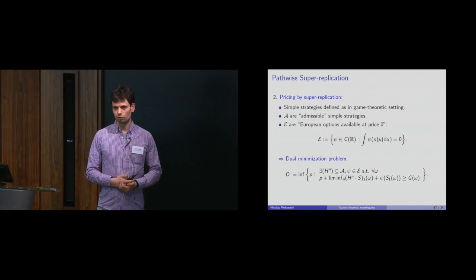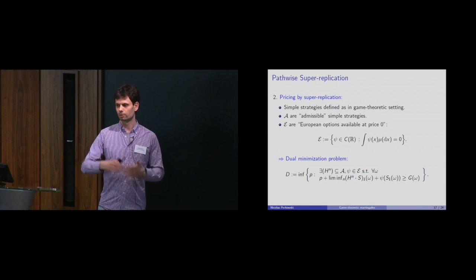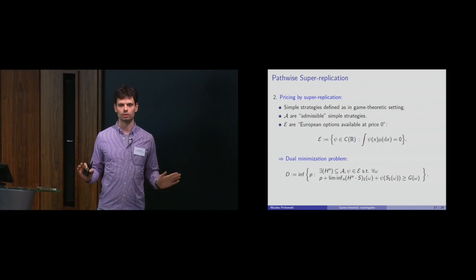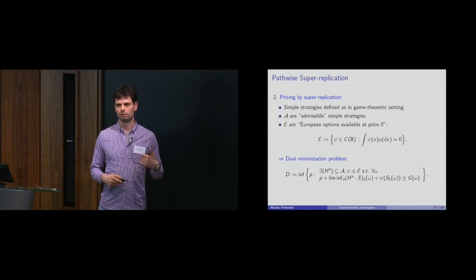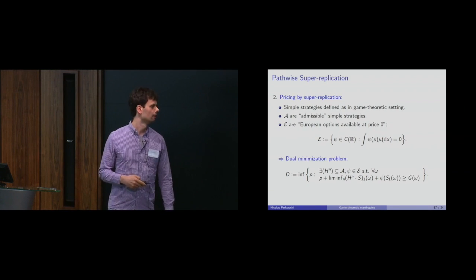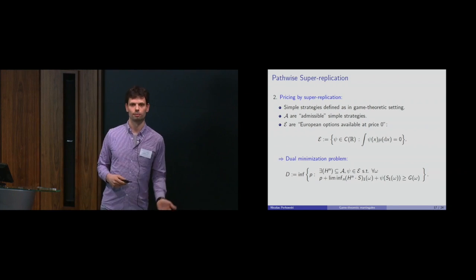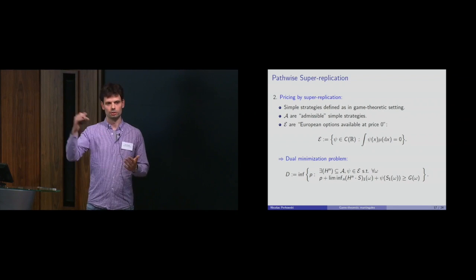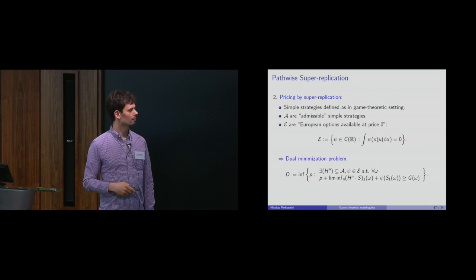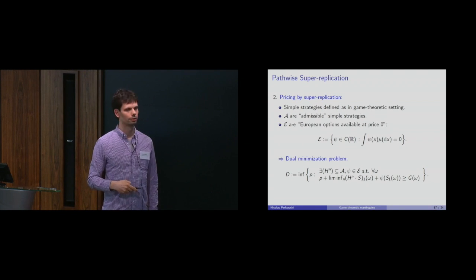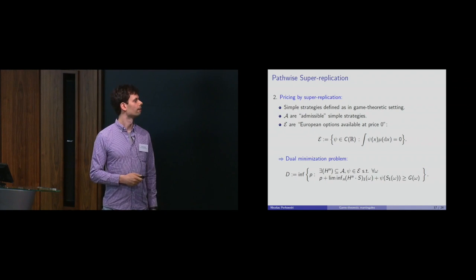This is crucial, so we have to take such a sequence. We cannot write down a pathwise integral here, really, because we're looking at all continuous paths, so there's no stochastic integration either. You could take bounded variation paths or simple strategies, so we take these lim-infs of simple strategies. And then we can also buy such European options which are available for free. If you buy something which is not available for free, then you subtract the expectation from that. And then we want to be larger than this G, which is our exotic derivative, omega by omega. So again, complete elimination of risk.